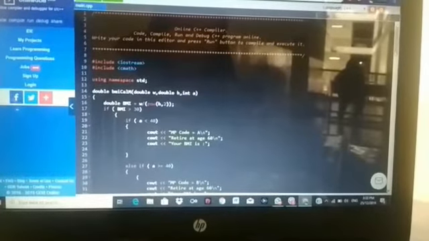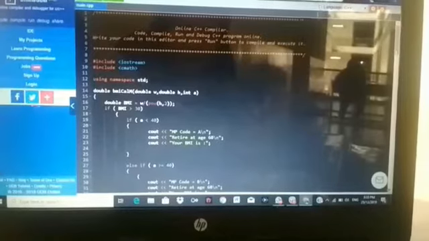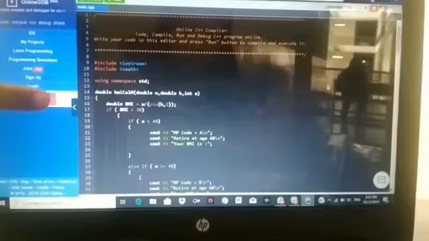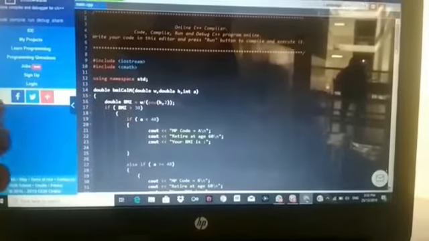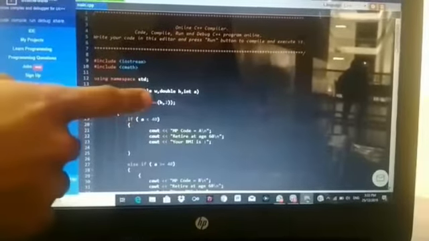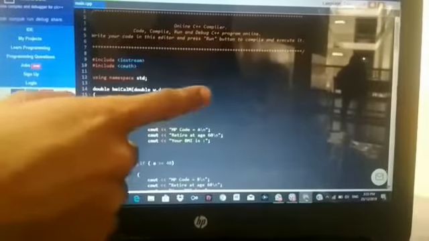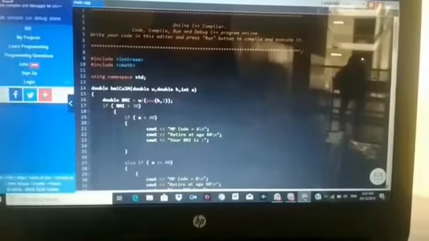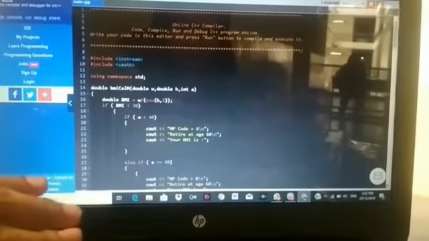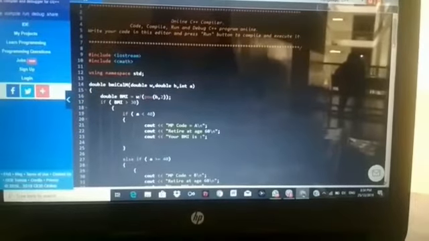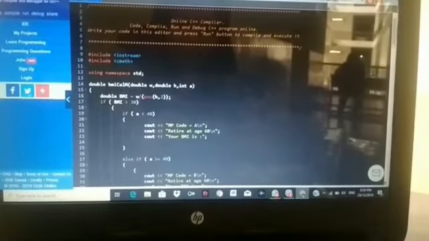So the first one, let's see our function. This is our first function. In our function, we have double h, double w, and integer a. First is the formula, which is BMI equals weight over height to the power of 2.